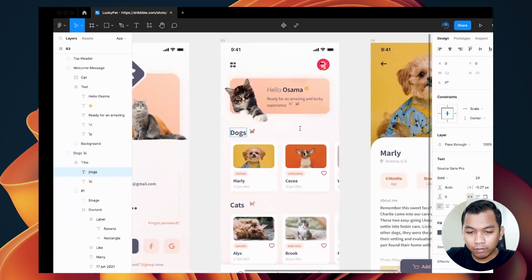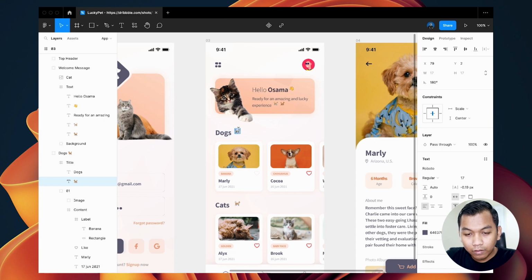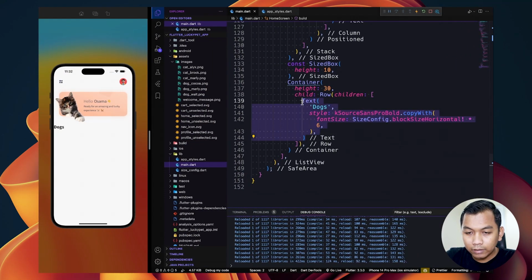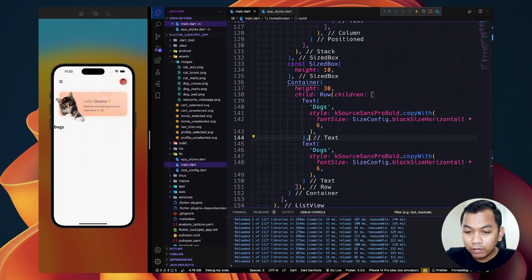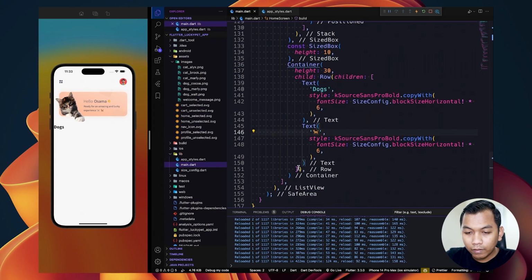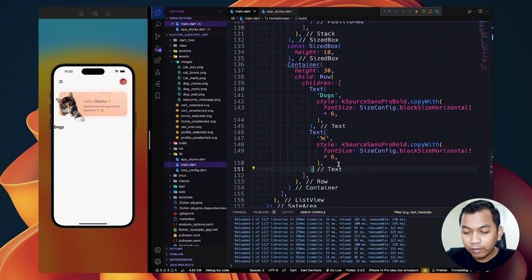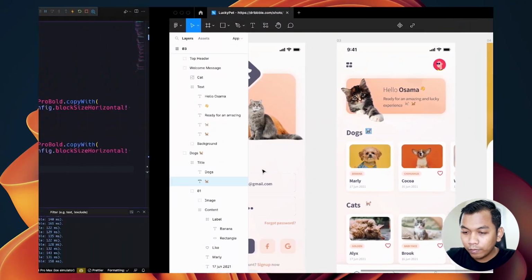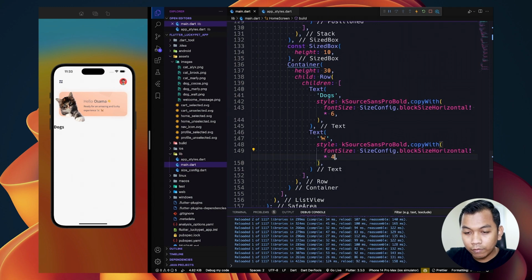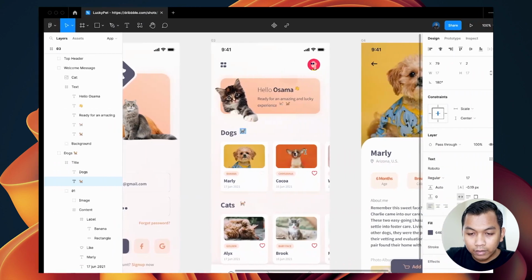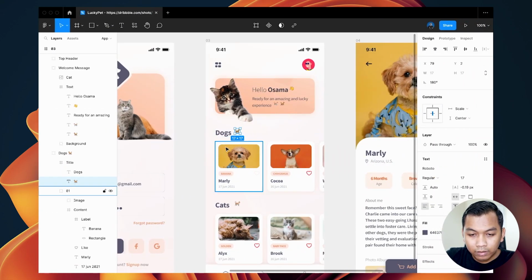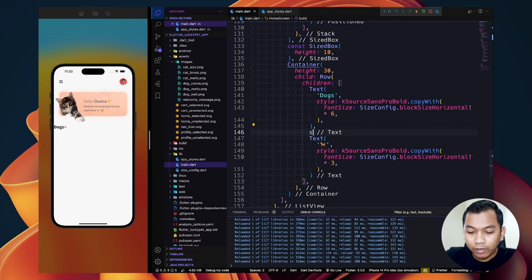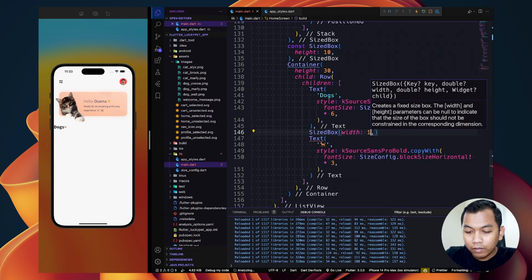And the next is for this icon, so we can simply duplicate this, change the text, and maybe for the size it's 4 or just 3, and let's add a size box here, the value 10.